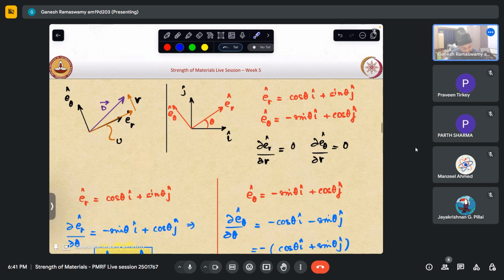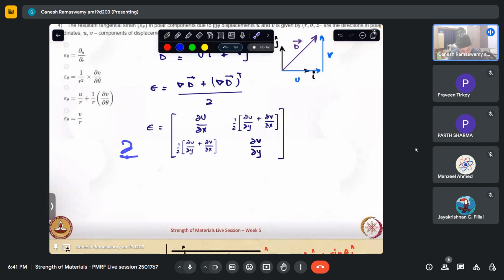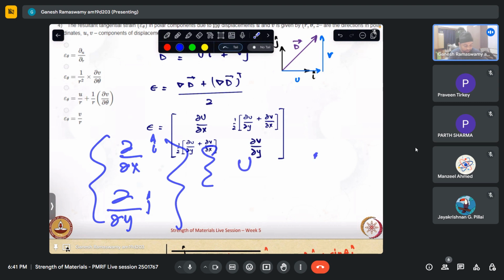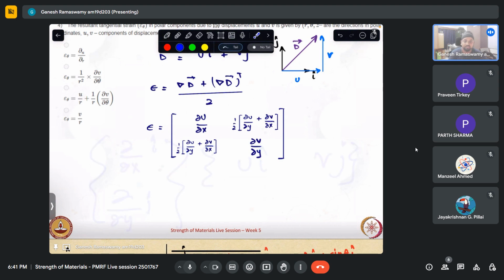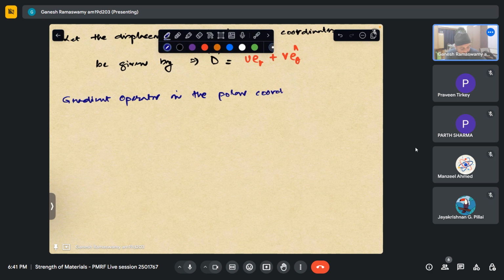Fine. Now in our x y coordinate system, what we did, we simply took dou by dou x i, dou by dou y j, and then we operated it over u and v, where i and j were not changing with our coordinate system, but here that will not be the case. So here the gradient operator in the polar coordinate system is dou by dou r e_r and dou by dou theta